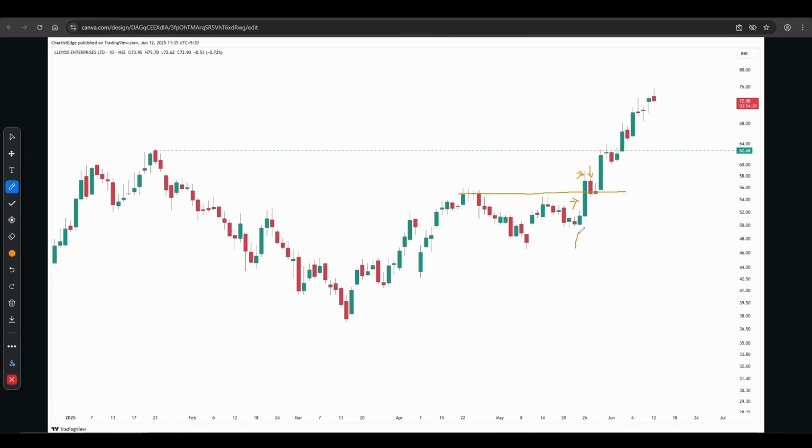Now whoever bought from here, or I guess from here, booked something here but did not exit fully, because if the price had to go down from here, it would naturally break the lows and go down, but it did not. But again, what it did was it contracted again with two candles and ultimately gave you a good expansion